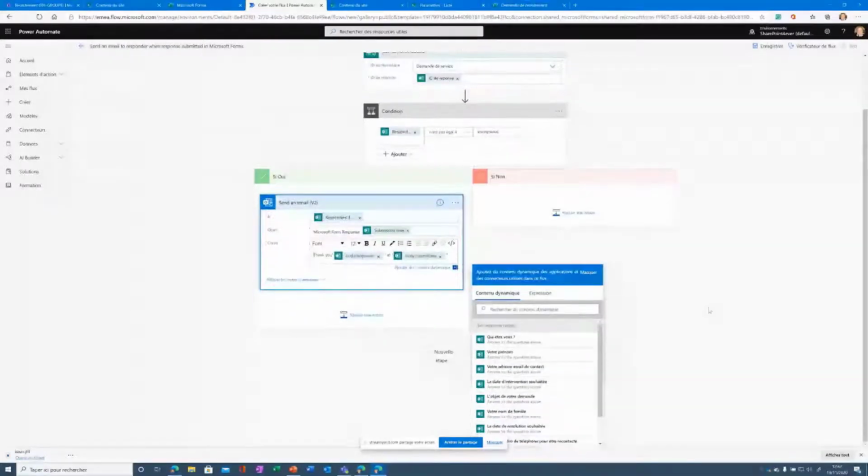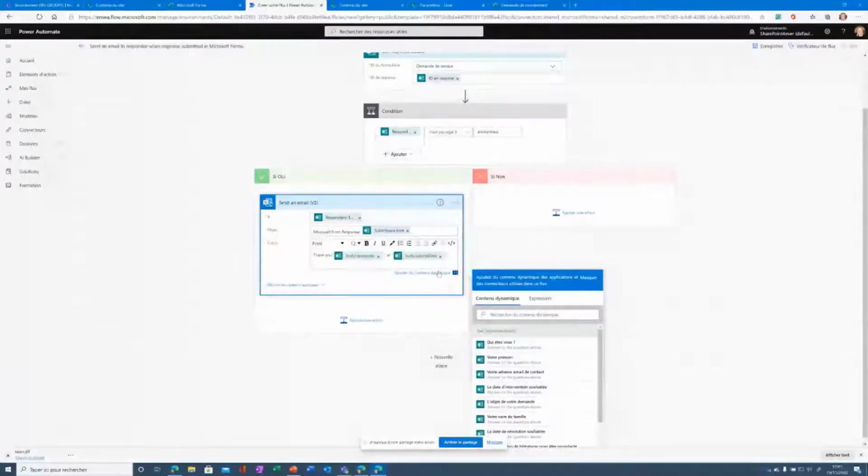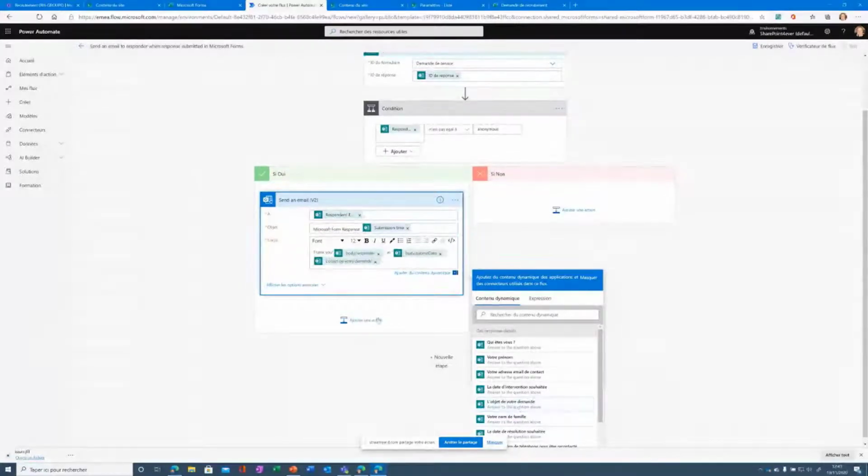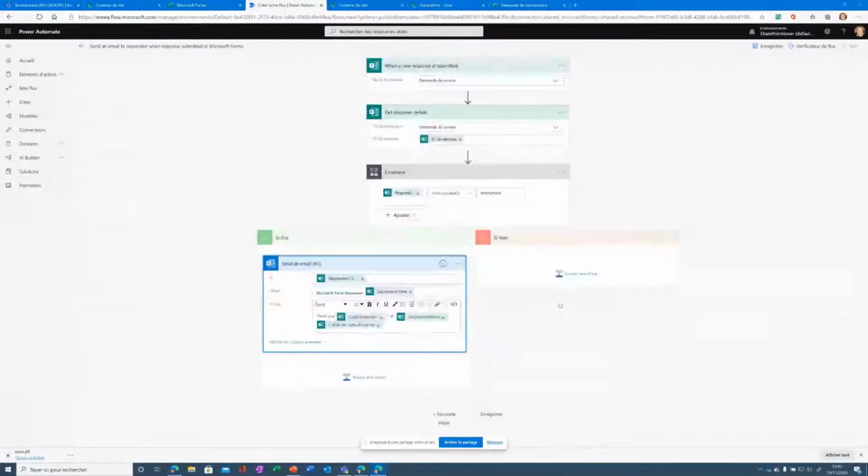It's not really complicated, and you have the possibility to add other content from the forms, from the questions of the forms here. For example, I can add the objects,